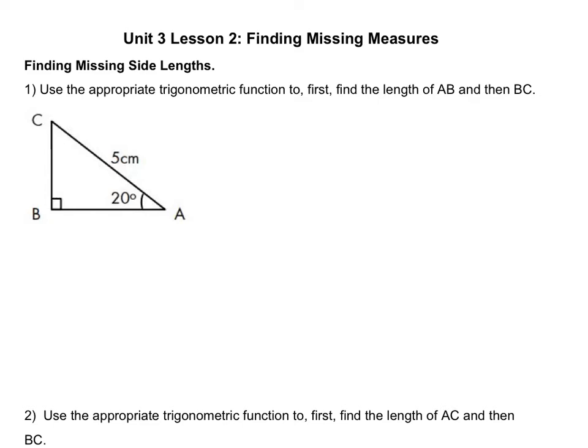Right, lesson 2 in unit 3, we're looking at finding missing measures. So if you have a side length that you want to find, or if you have an angle measure that you want to find, this is what this video is about. So if we look at this one here,